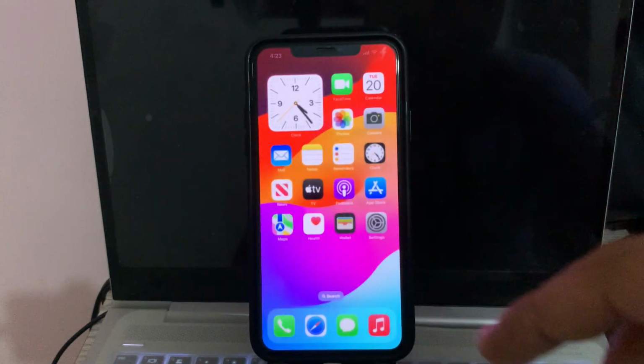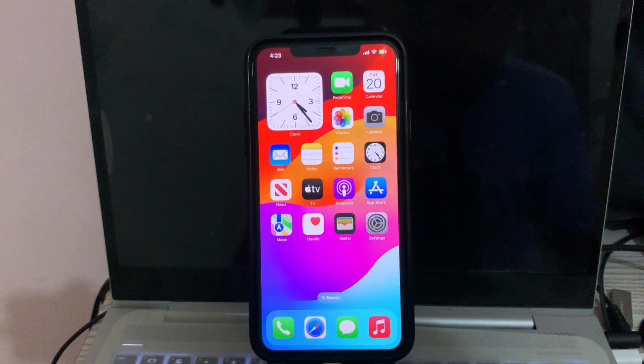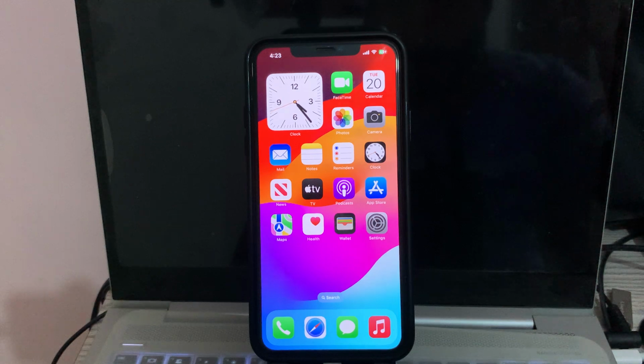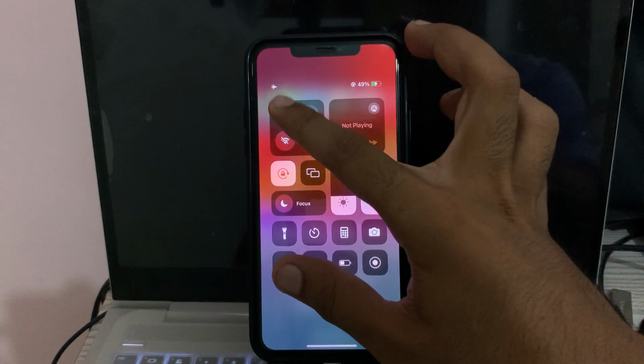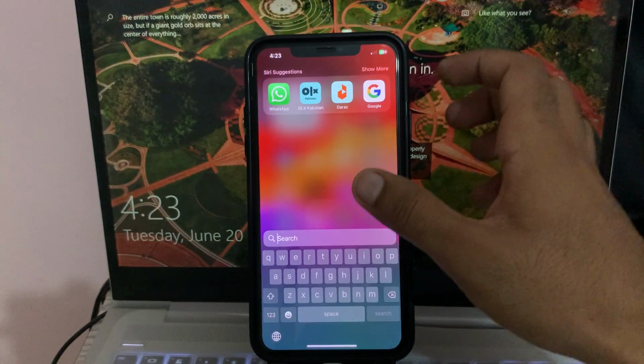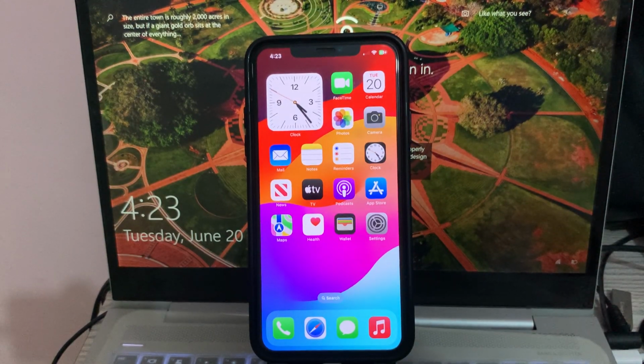And then after this, the next solution is to enable airplane mode and turn it off. Turn on airplane mode and turn it off again. And then after this, the next solution is